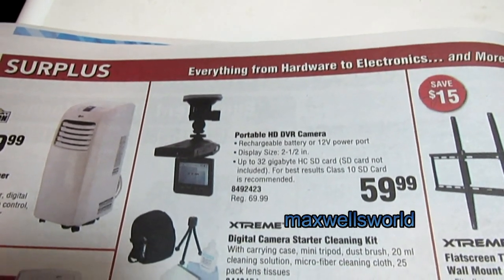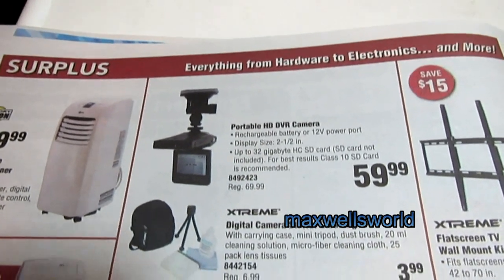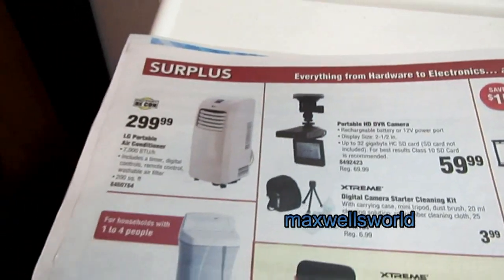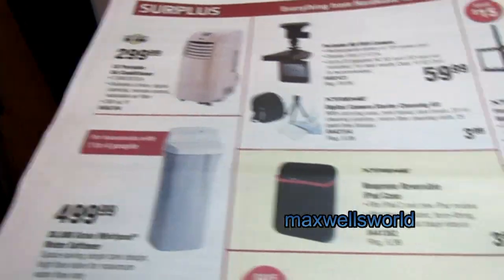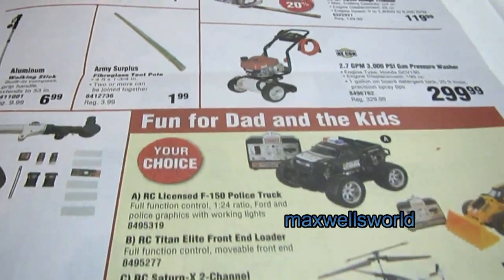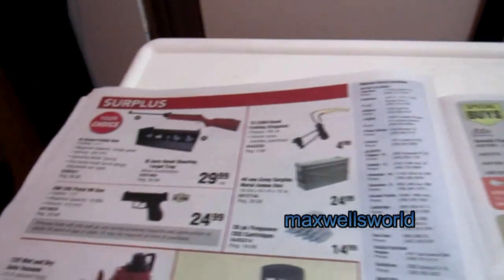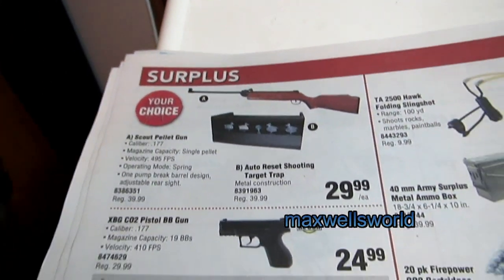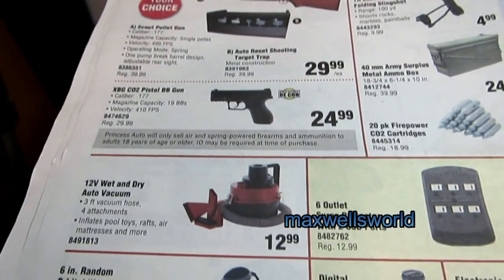Will run up to a 32 gig HD SD card. It's recommended to use a class 10 on that, to get best results. Various other things here, goodies from car starters to walking sticks to tent poles, pressure washers, RC vehicles, $34 for an electric chainsaw. Of course, turn the page, you get into the pellet gun, slingshot, BB handheld pistols, power bars, and